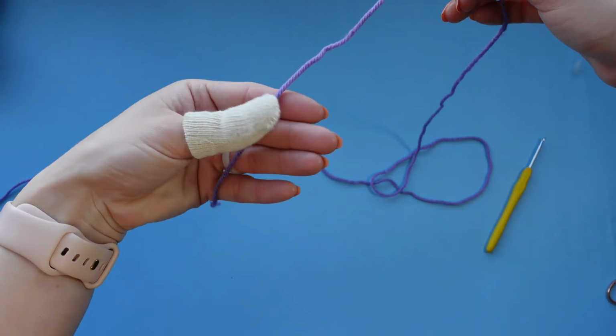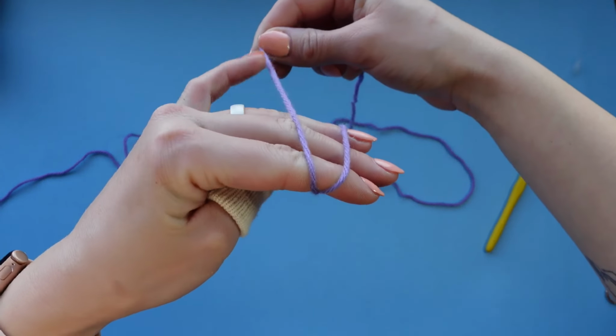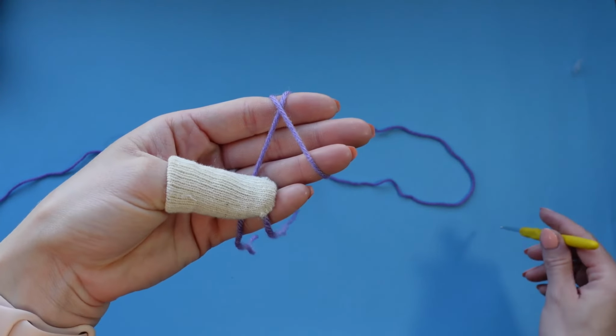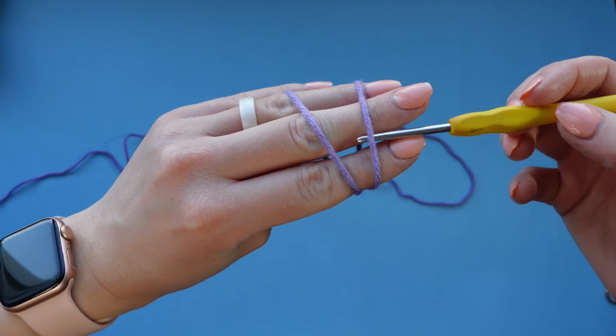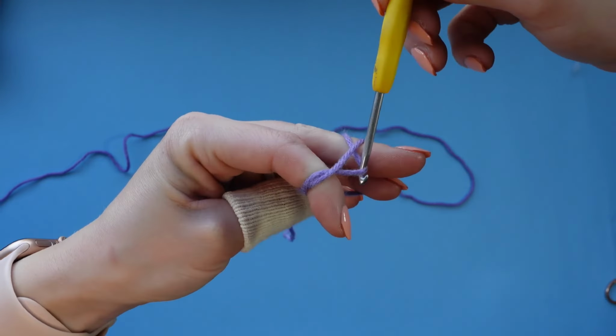We're going to start off by making a magic ring. So with your non-dominant hand, grab your yarn and wrap it around your top 3 fingers. You're going to make 2 parallel lines on one side and an X on the other side. Place your hook under the first loop and over the second loop, and pull the second loop under the first,